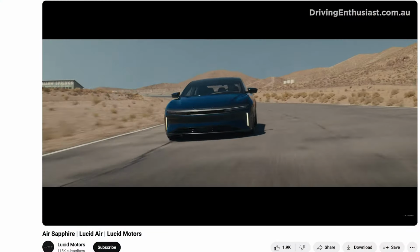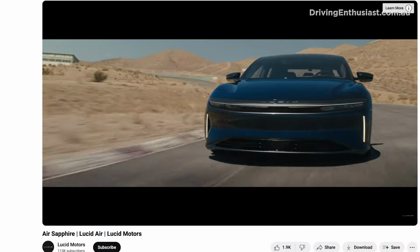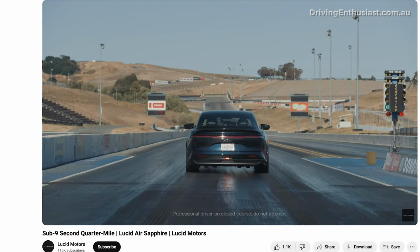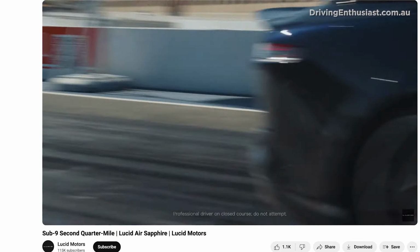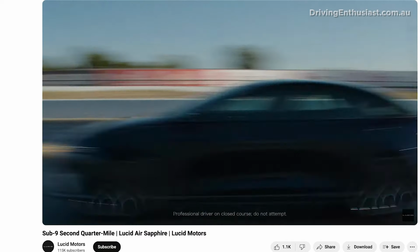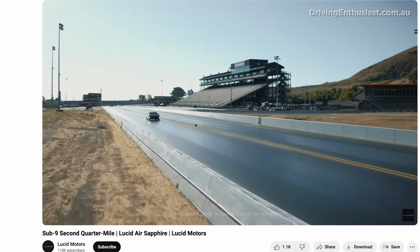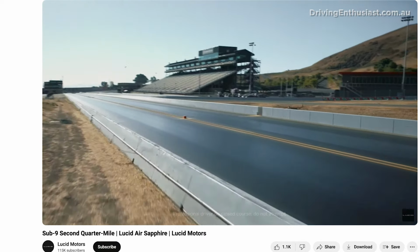In number 3 spot, another big powerful sedan, the Lucid Air Sapphire. This one is really exciting actually. I wish this was offered in Australia because it packs some impressive figures. The top spec is the Sapphire and it uses a tri-motor, so that's 3 electric motors, to produce a combined 920 kilowatts. It also offers a reasonable range of 687 kilometers and it can do 0 to 100 in a claimed